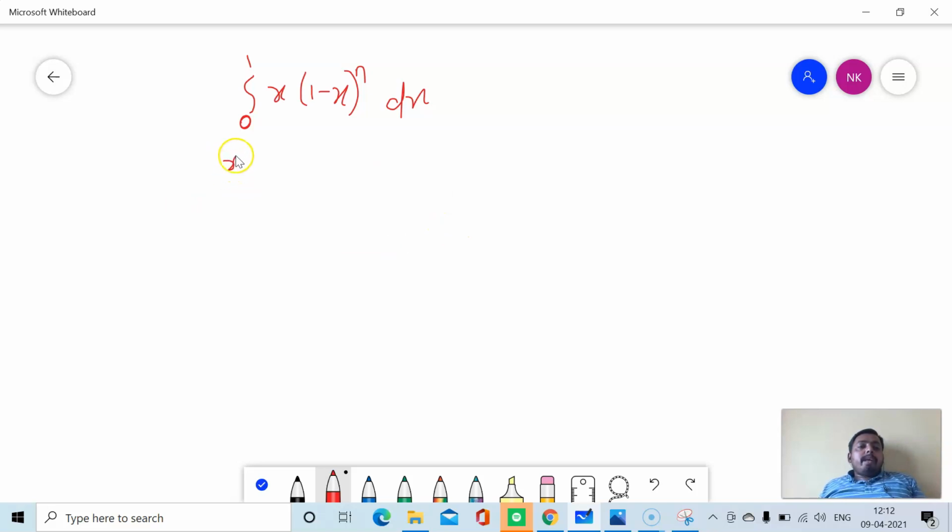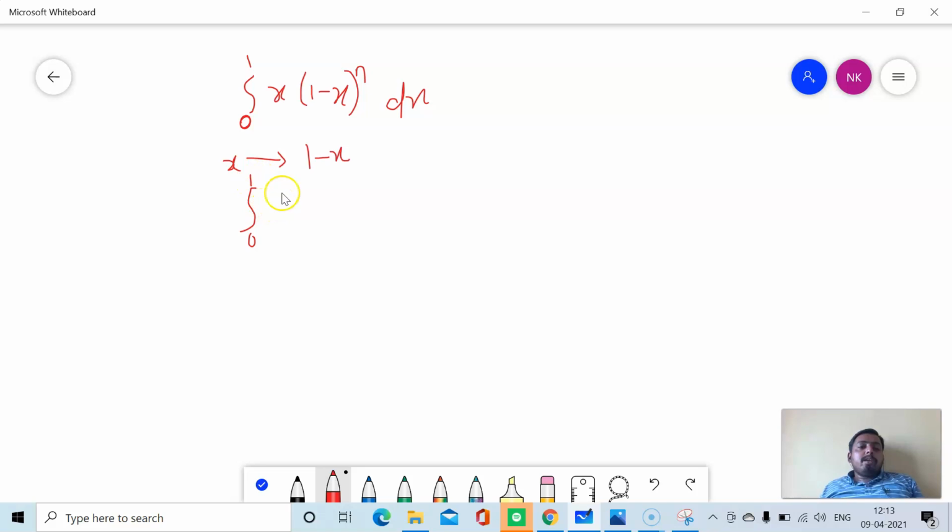Now instead of x, we will replace this x by 1 minus x, because we require here x raised to n. X to the power n, we know the formula. Integration of x to the power n is x raised to n plus 1 divided by n plus 1. We know this formula, but we don't know the formula of integration of 1 minus x to the power n. That is difficult to find. So replacing x by 1 minus x, we get integration